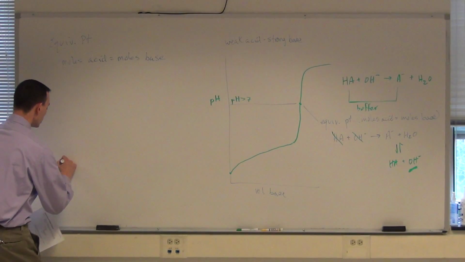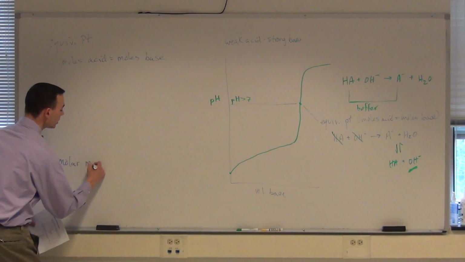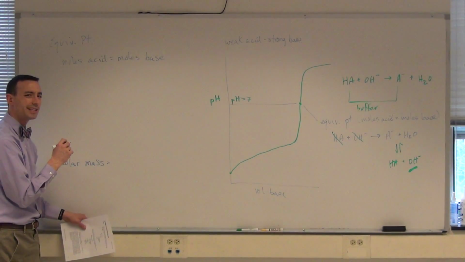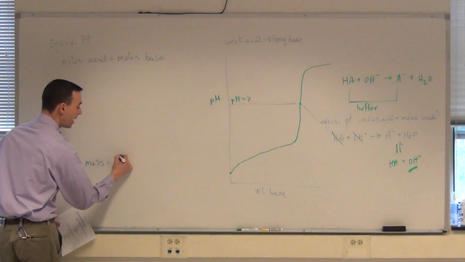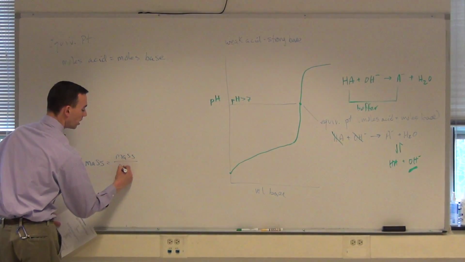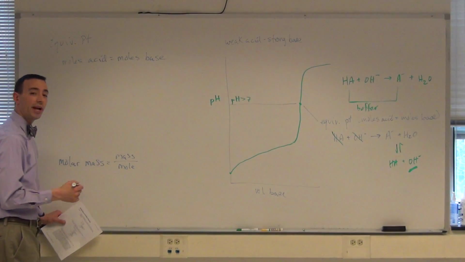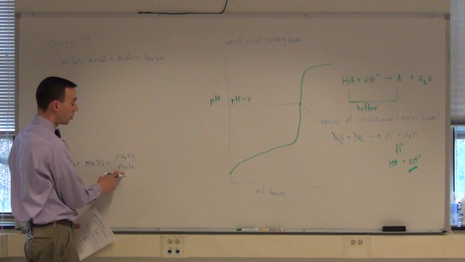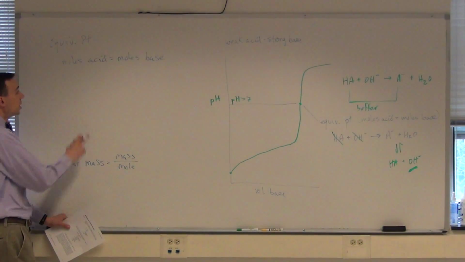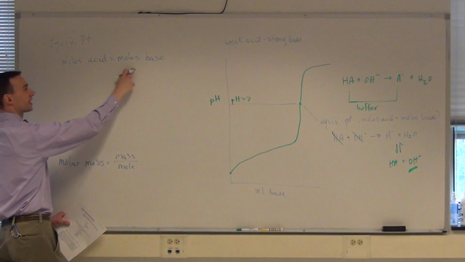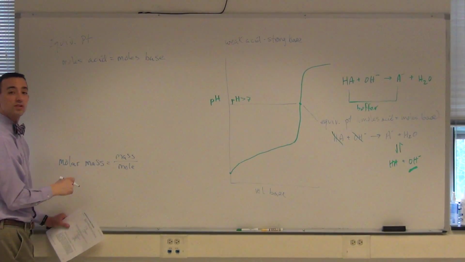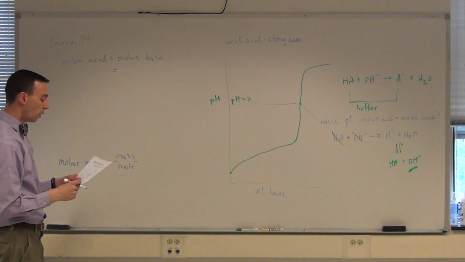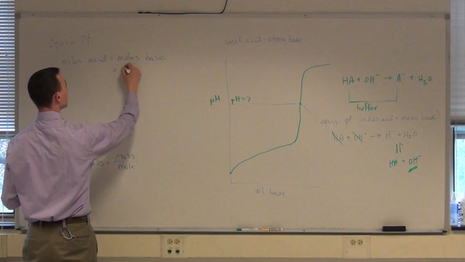So think about what molar mass is. Molar mass is the mass of a mole. Translate that into a sort of a formula: the mass per mole. So it's the ratio of any mass quantity to the equivalent mole quantity of that substance. Well, we can use the titration relationship to find moles. And that's what we're doing in pre-lab question number 2. The moles of base are found from the